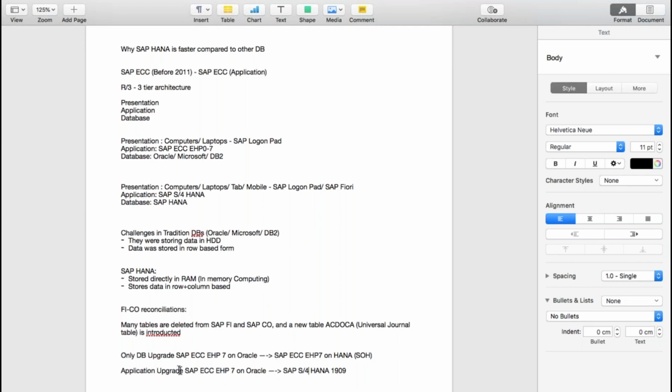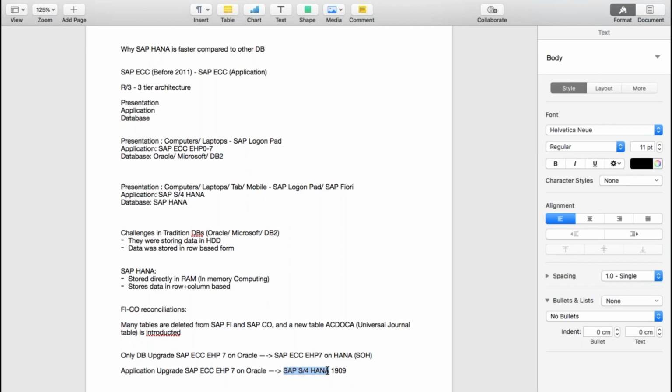For example, if you are using SAP ECC, there are multiple tables, right? Now, when you upgrade to SAP S4HANA, automatically all those old tables will be deleted and the new table, ACDOCA, will be available here. So upgradation means the same thing. Whatever architectural level changes are required, that will take place when you upgrade the system.